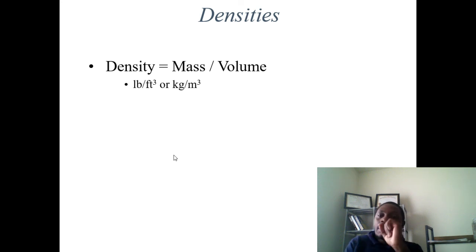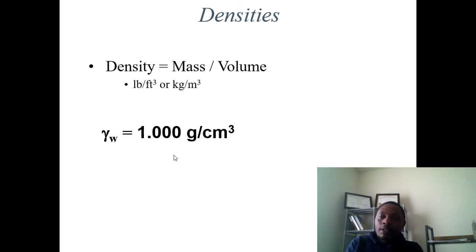Remember also that when you are calculating any relationship like this, make sure that your units are the same. If you are using pounds per feet, then everything else should be based on the pounds. If you're using kilograms, make sure that your units are uniform throughout. That's key. If you use different units, then your answer will be totally wrong.